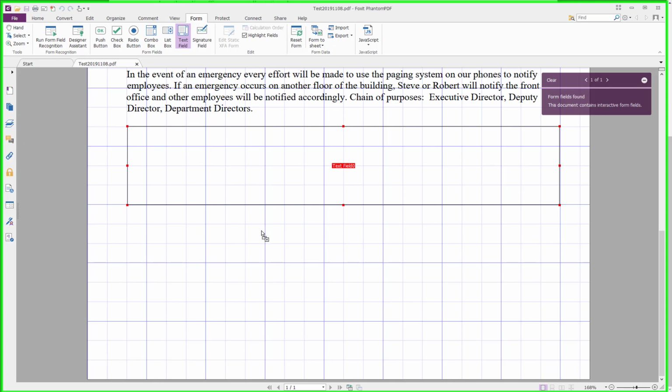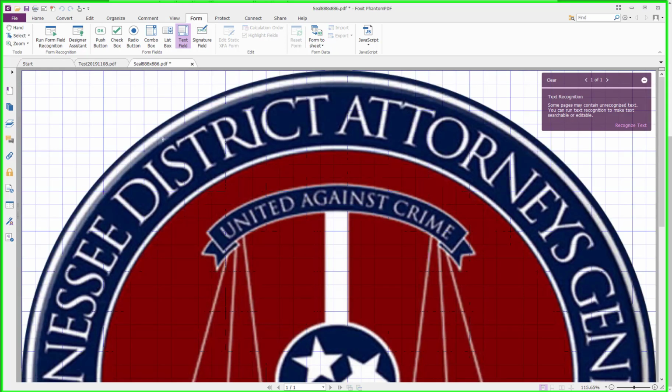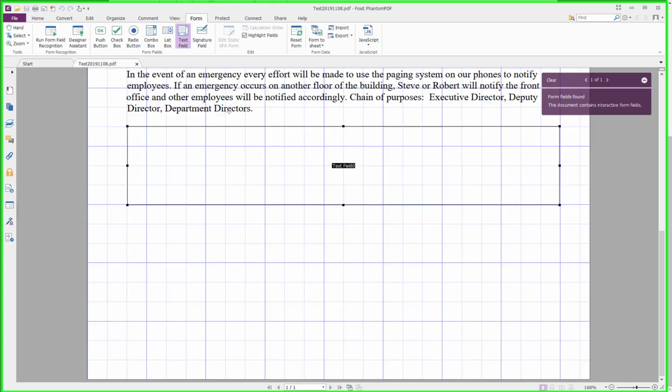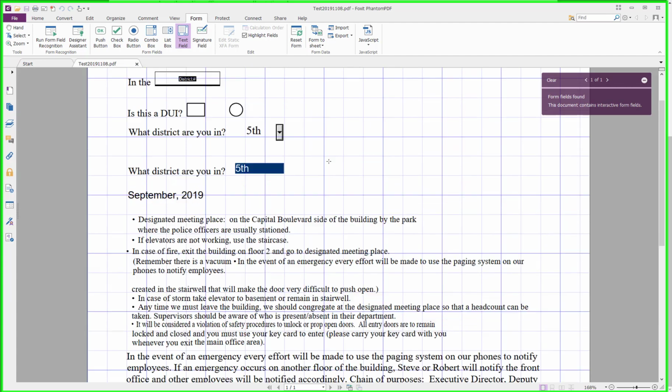So I've got a logo. I've dragged and dropped it. It's now trying to apply. So you can see here that it opened up and created a new tab. So it created a new tab, so this is its own PDF right here. So we don't really want that. What we want to do is apply that seal, and let's